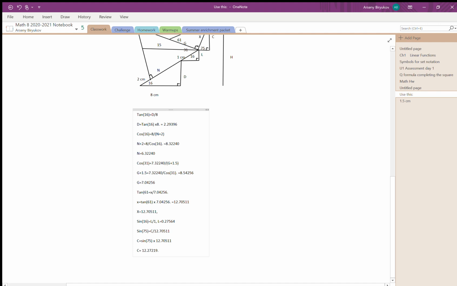Finally, knowing D, L, and C, we can now solve for H with our final equation, which is 2.29396 plus 0.27564 plus 12.27219, which gives us our final answer for H, which is